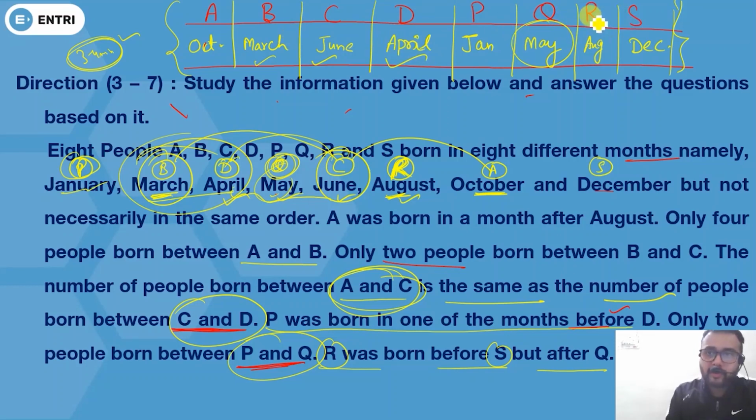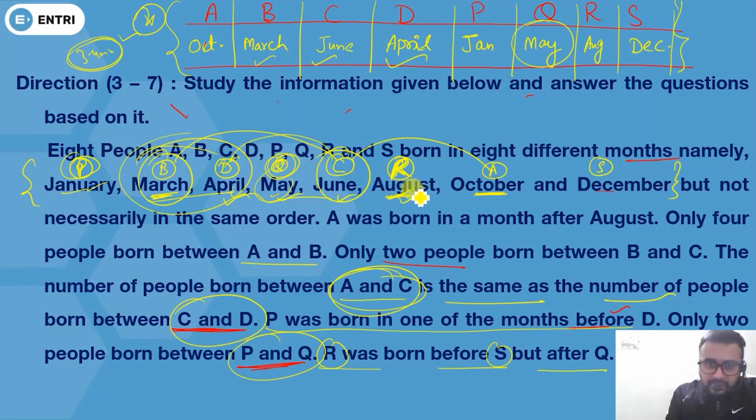Suppose if you count, this is R, 1 2 3 4 5 6 7. So how many people are before R? You will say 6 people before R. So according to this, B should be the answer, because after B there are 6 people. But see one thing, these months are not in chronological order, so that's why I am calculating by using this.